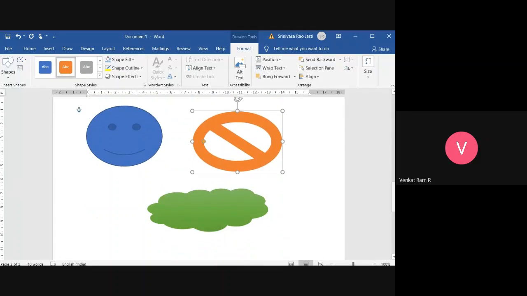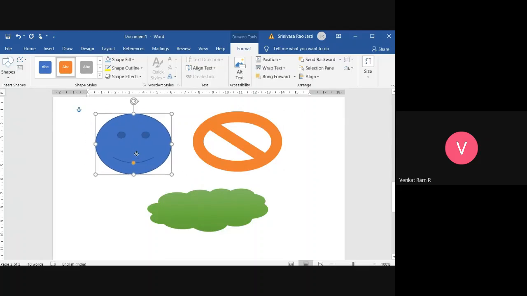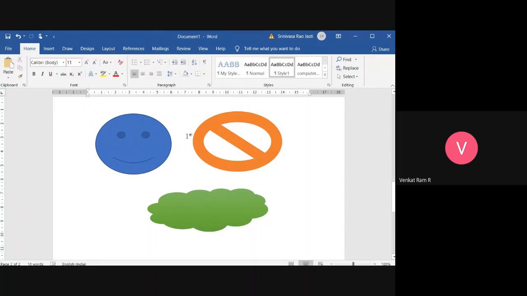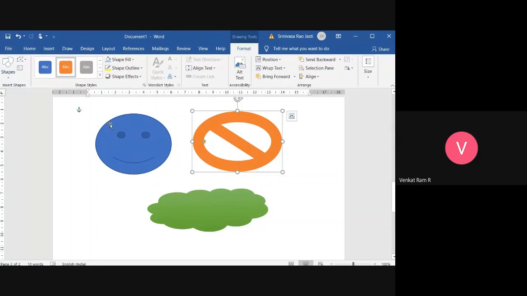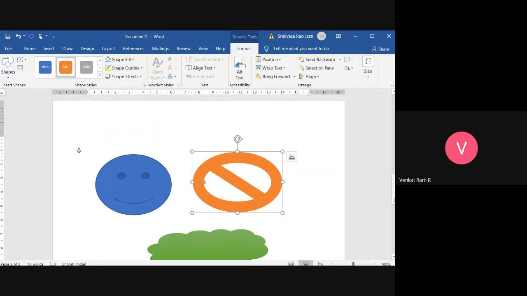So if I want to move these positions, I have to select each image, then only I have to move it. But if I want to move all the 3 at the same time, I have to click on object. For that, use control and select the 3 images.